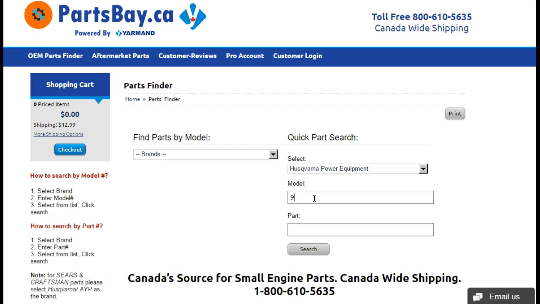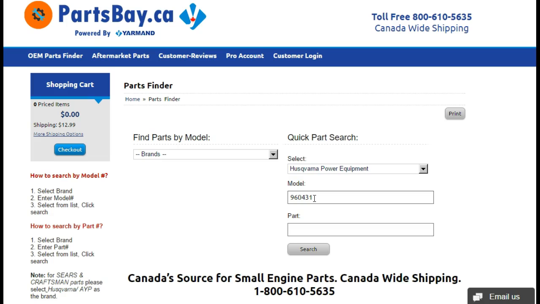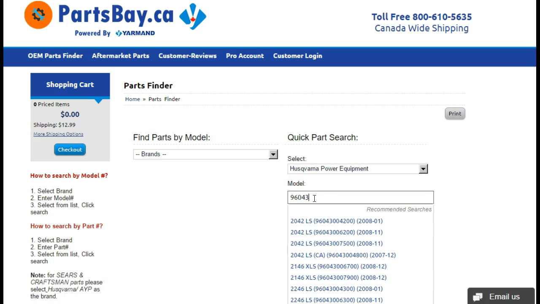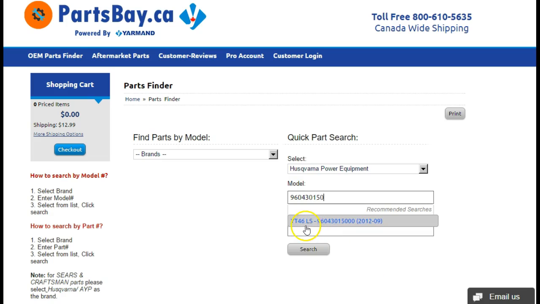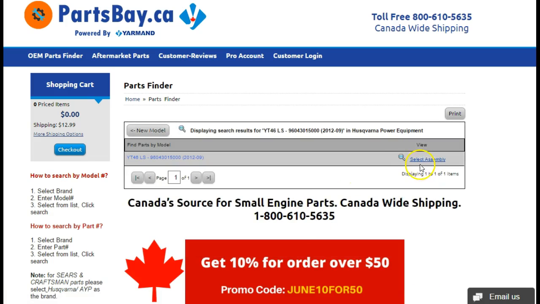So in this case, we're looking for product number 96043. As you enter the numbers, you notice it populates your options for you. Okay, so here we go. So it's actually a YT46LS tractor, and this is the exact product code right off our label. Once you have entered that, and we've selected the correct one from the list, you click search and select assembly